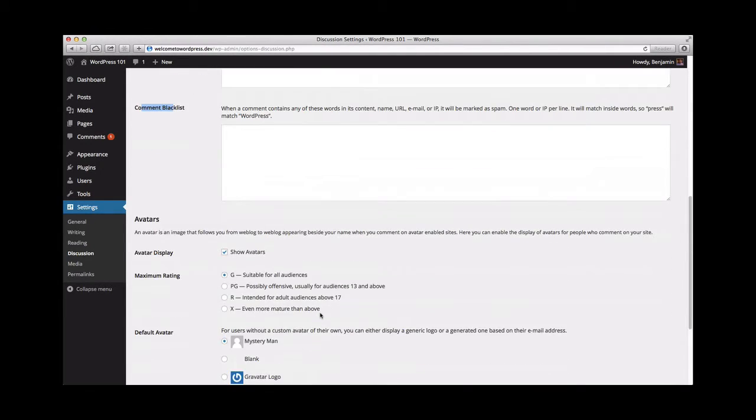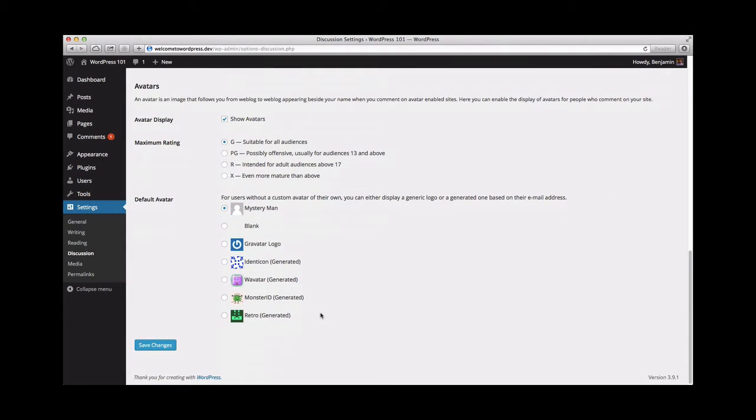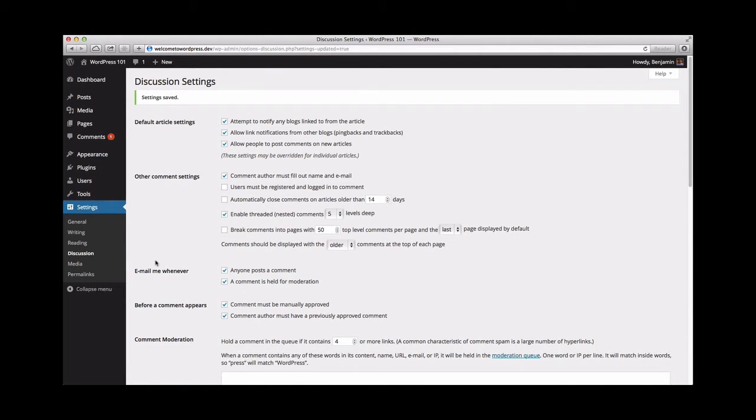Next, take a look at the avatar section. An avatar is a profile image you can assign to your email address when you comment on an avatar-enabled site. Here you are enabling the display of avatars for people who comment on your site. Filter by their ratings or choose a default avatar for people who don't already have a custom one of their own. If you don't already have an avatar, visit gravatar.com to upload your own. Make sure to click the Save Changes button at the bottom of this page, and we'll move on to the